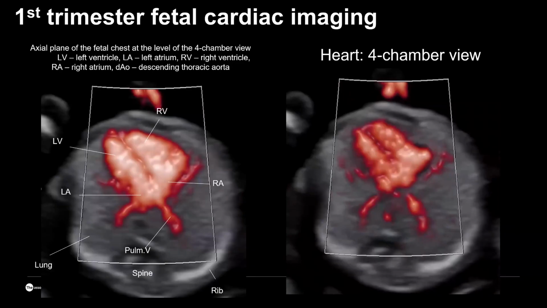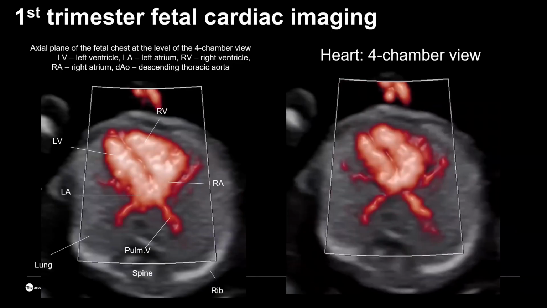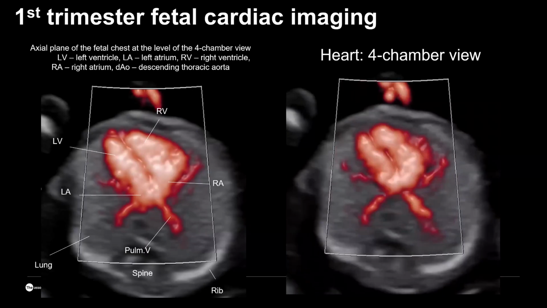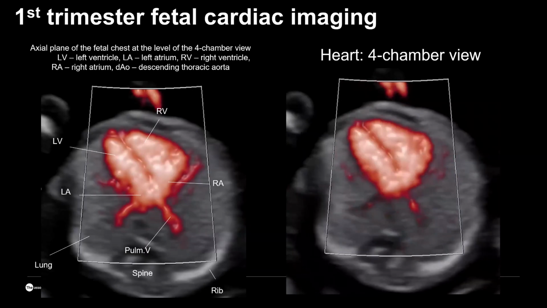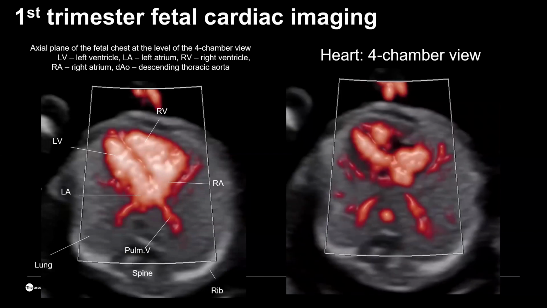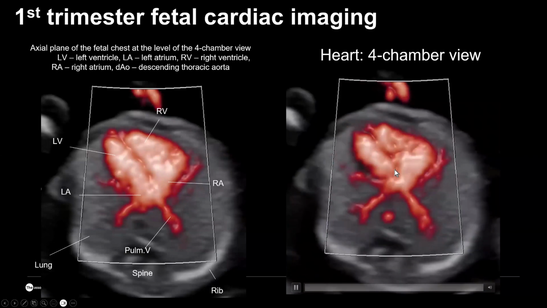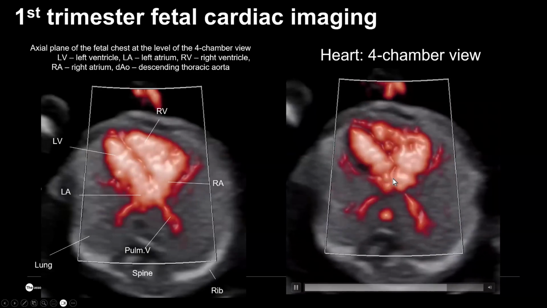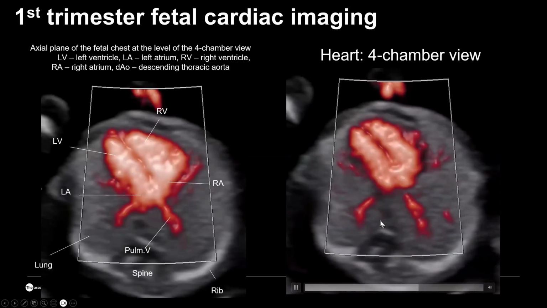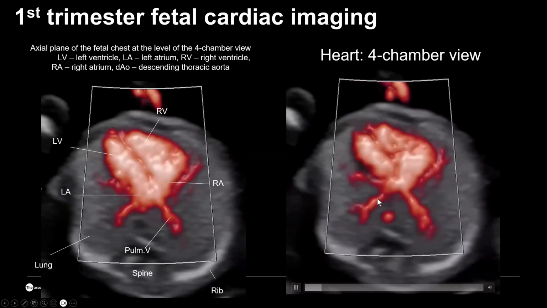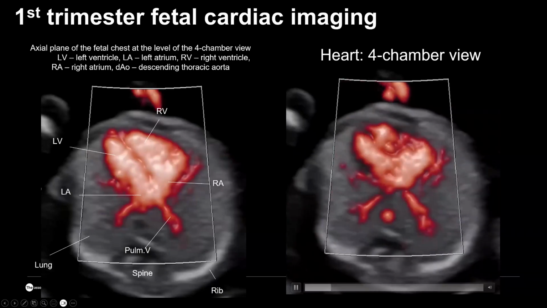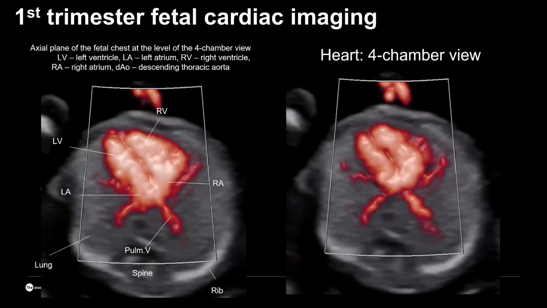Also, the advantage of the microvasculature type of Doppler, the MV flow, is critical for the assessment of the heart at that early gestation. You can visualize the septum, at least to confirm that it exists and doesn't show significant defects. You can identify the position of the aorta. You can see the pulmonary veins, and this fetus is just 13 weeks gestation.